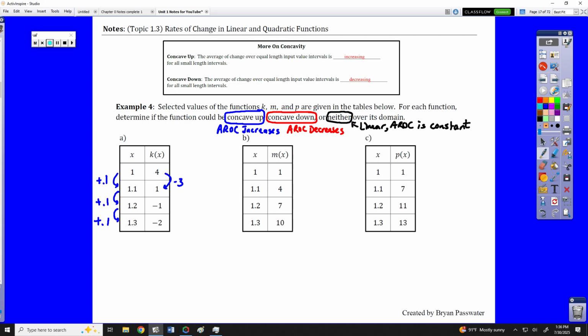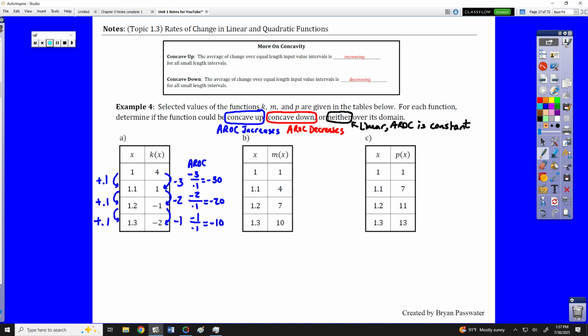Well, here we have a -3, then a -2, then a -1, which means the AROC would be -3 over 0.1, which is -30. Then we would have -2 over 0.1, which would be -20, and then -1 over 0.1, which